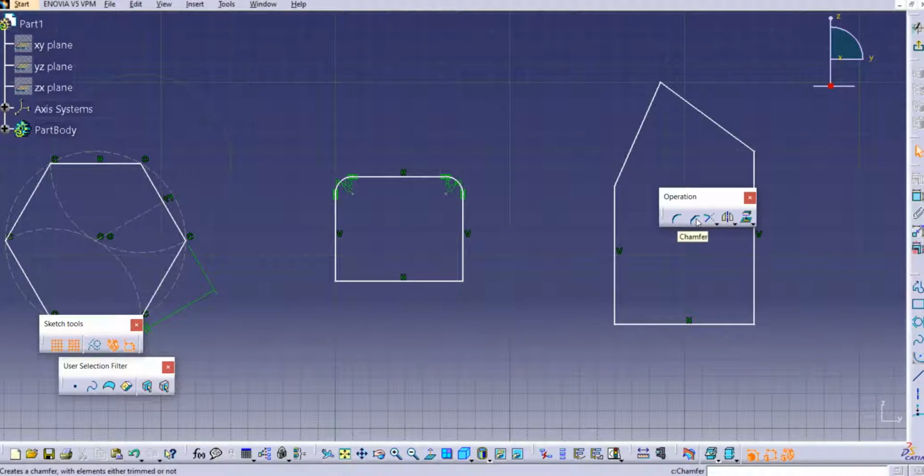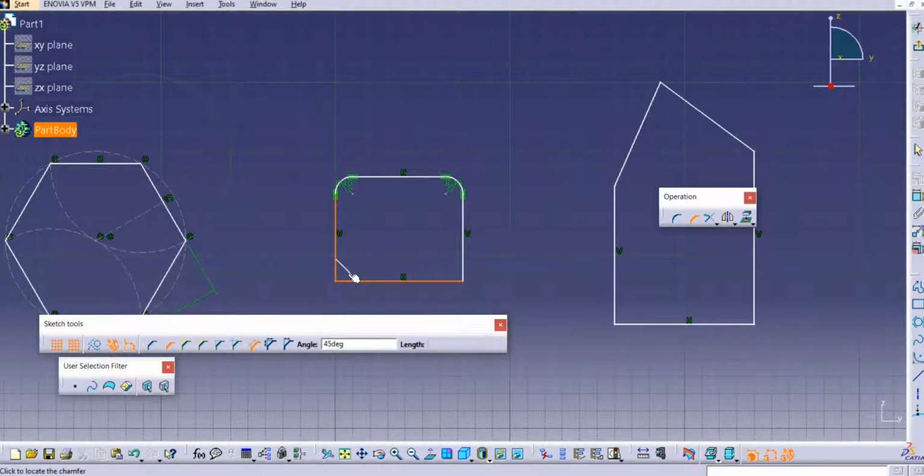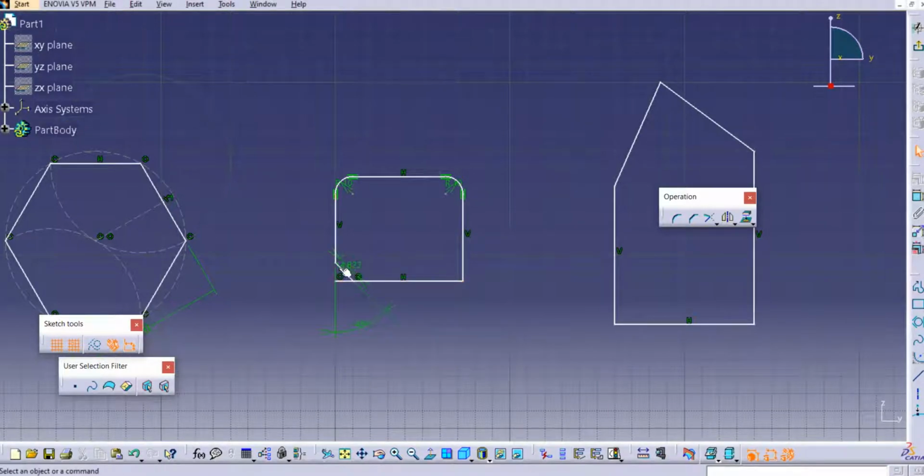The next command available is the chamfer command. Just select the chamfer, and here you can find the various types of chamfer you can provide. The first one is trim first element. The next is no trim, so only the chamfer will be applied. We'll see one by one. First, trim the first element. Just select this option. Select the first line, select the second line, and then you can see here the first line is already trimmed and the second line is as it is.